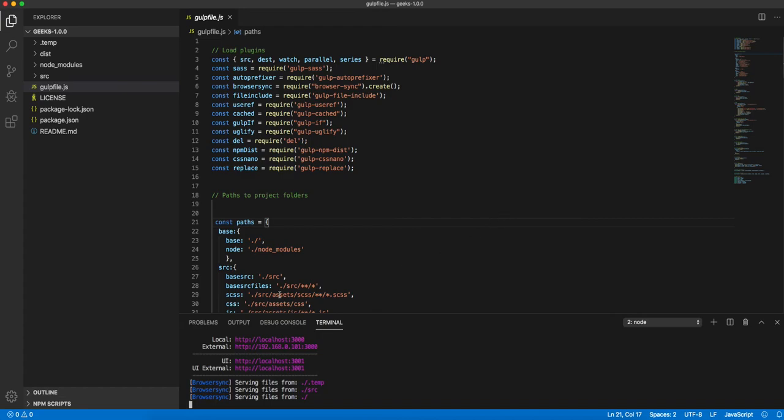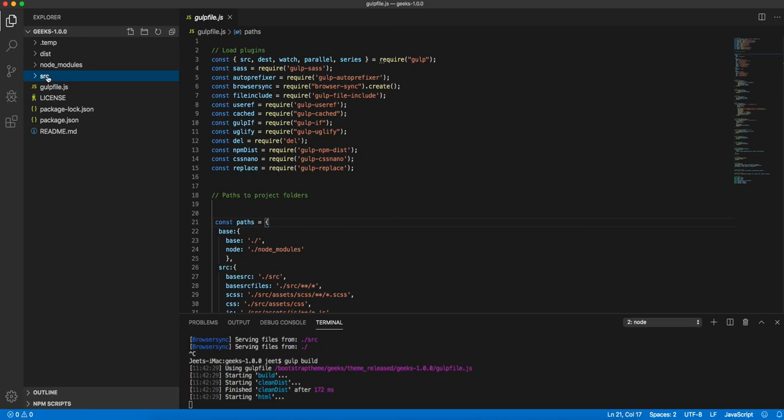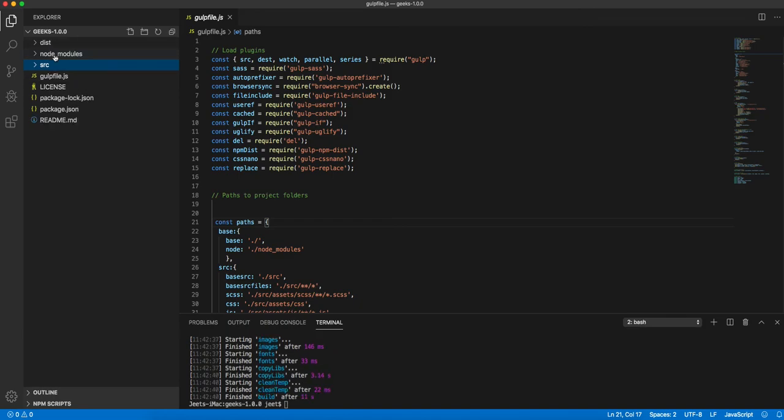So now I'm going to Visual Studio, and you will find the temp folder and src. Now I'm going to create the dist folder again. I just press Control C and run Gulp build. Now you will find it. If you make some changes in the src file, you will get them built into the dist folder. Now you will see the temp folder will be built, and again the dist folder will be built. So all your changes will be available in the dist folder.